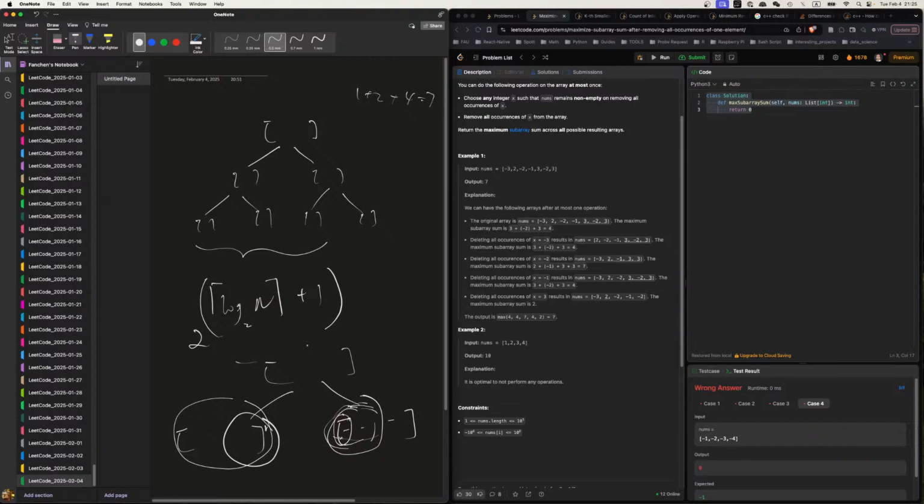Or maybe we have a bunch and then a positive and we add them together. Anyway, it's a negative. So here, it might also be a negative max suffix sum. It might also be a negative. So when this happens,